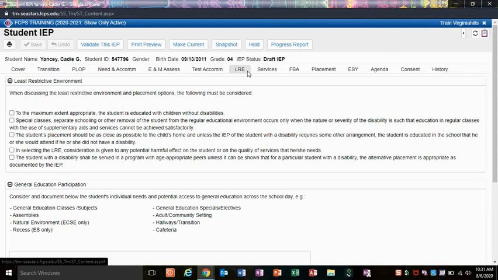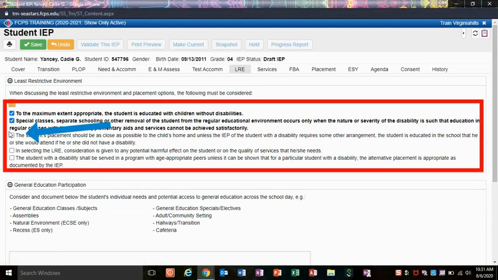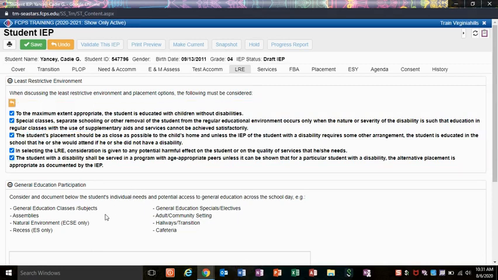Just like the online audio accommodation statement, we also want you to read the least restrictive environment statements to your parents. Again, if your parents require an interpreter, please read the statements to them in English first and then have the interpreter translate them. But as you read them, you're going to click on the checkbox next to them, and you'll notice that it highlights them, letting you know that you've read that statement to your parents. We're going to hit Save,